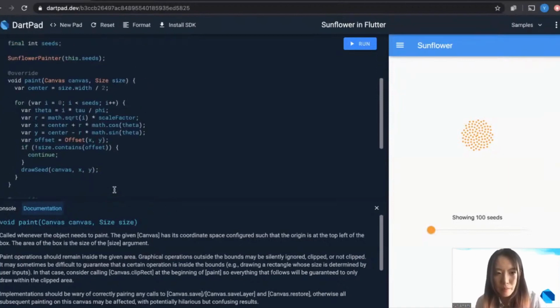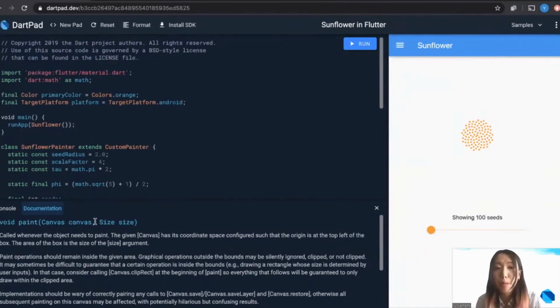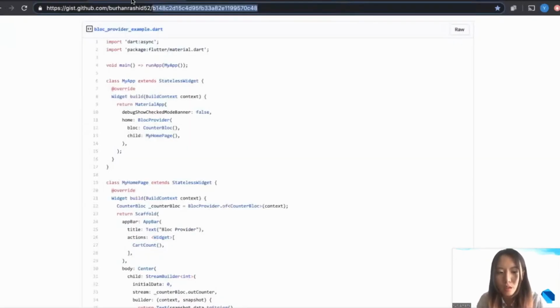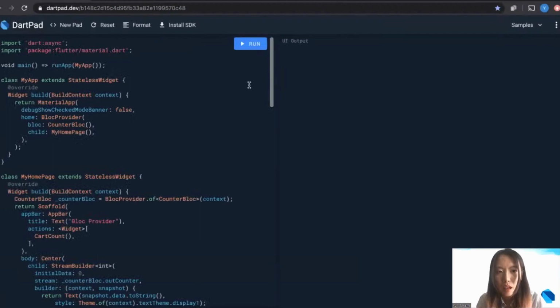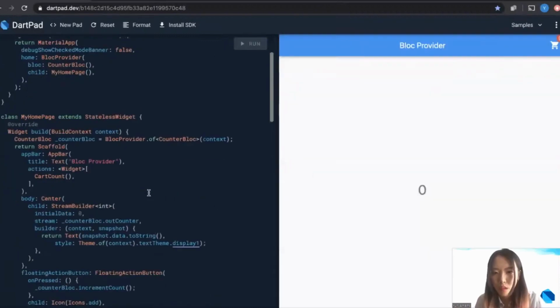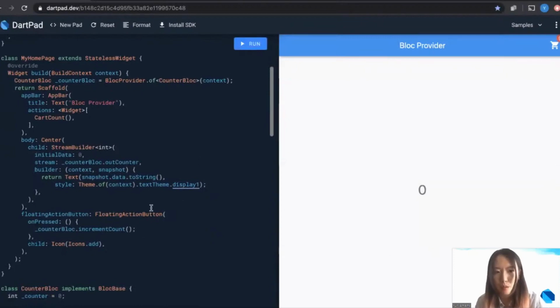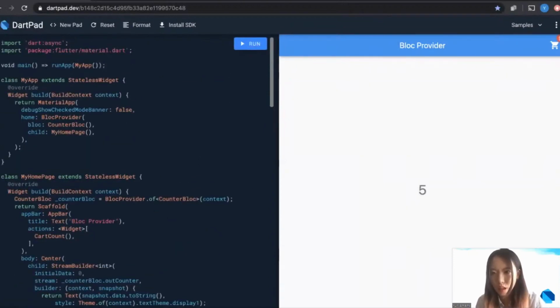The last feature of Dartpad is that it supports gist. Gist is a way so you can execute a script online. Let me pull up a sample gist code here, and let me copy the ID into Dartpad. Okay, and it is running. Click run. So here's how the sample code shows, and it seems like it is a counter,